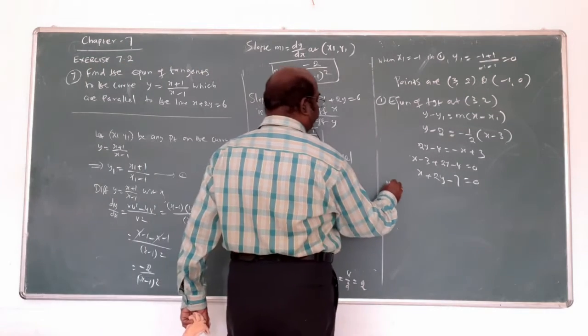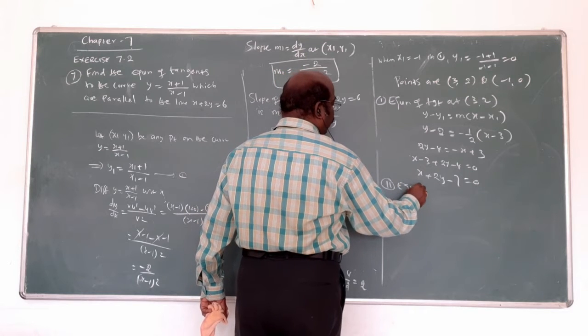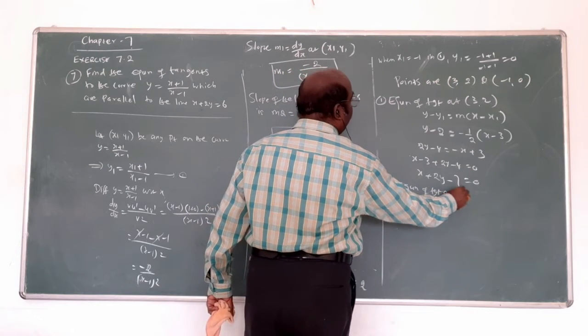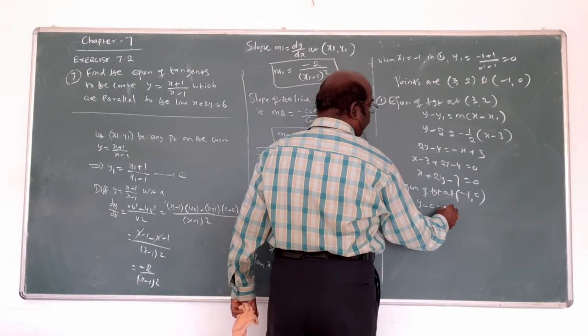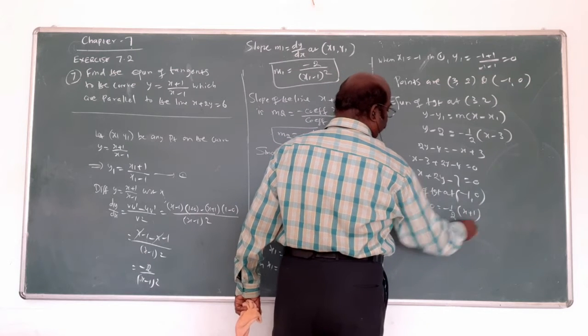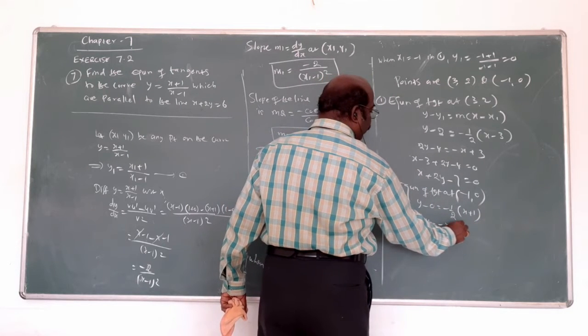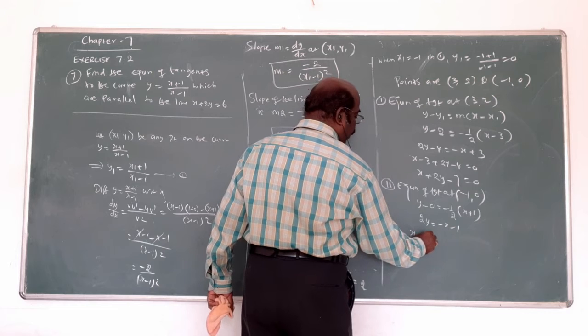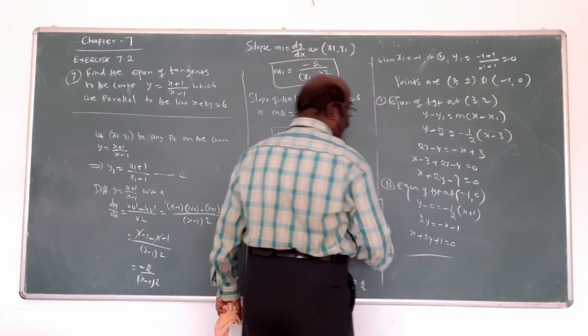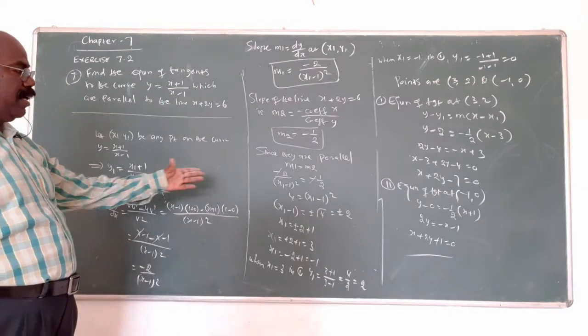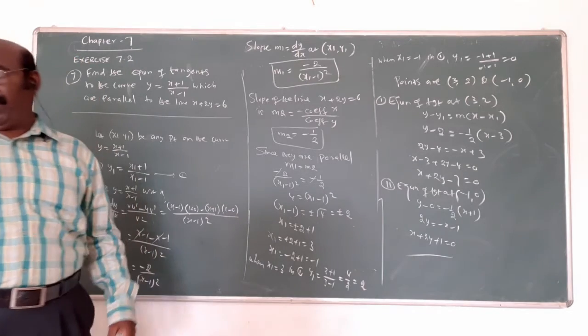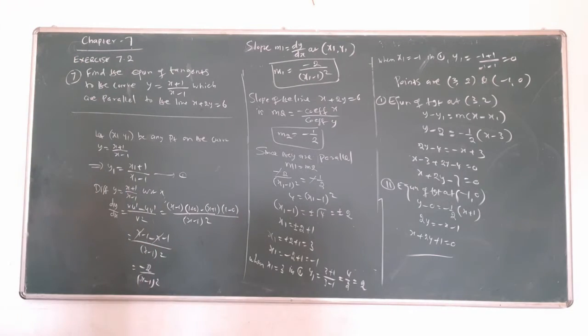Similarly, the equation of tangent at (minus 1, 0): y minus 0, m is the same thing, times (x plus 1). So 2y equal to minus x minus 1. x plus 2y plus 1 equal to 0 is the answer. The tangents are being asked, we have plus or minus coming. That's why two answers, two values for x1 and y1. That's why two points, that's why two equations. The previous one and this one use the same method.